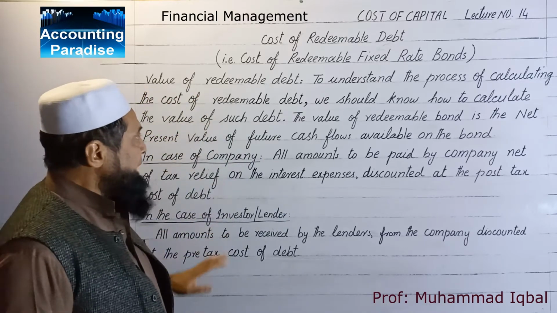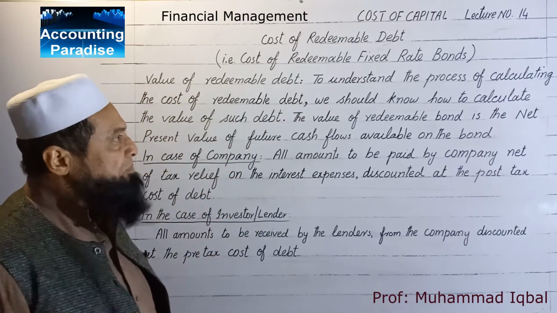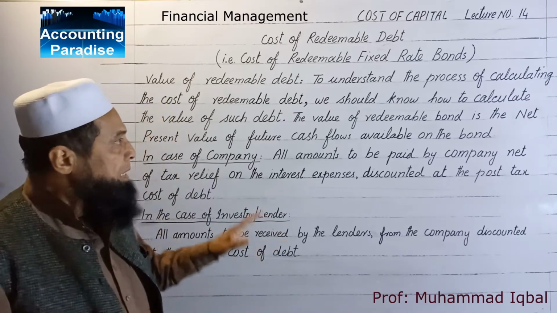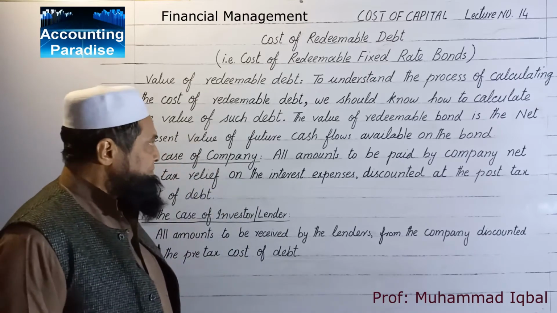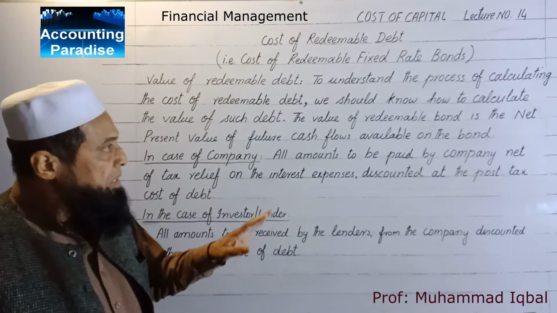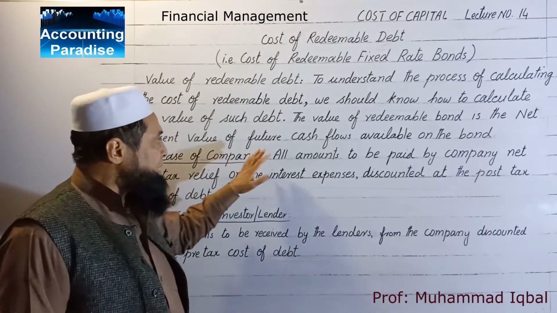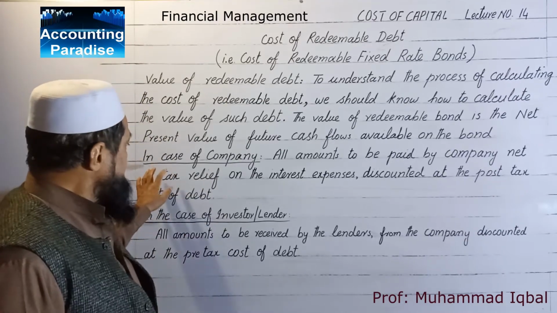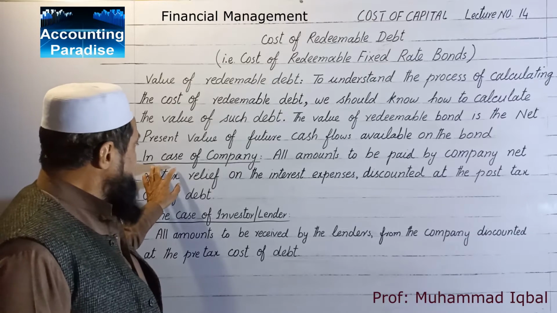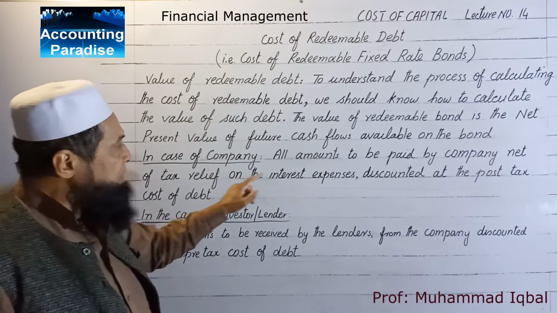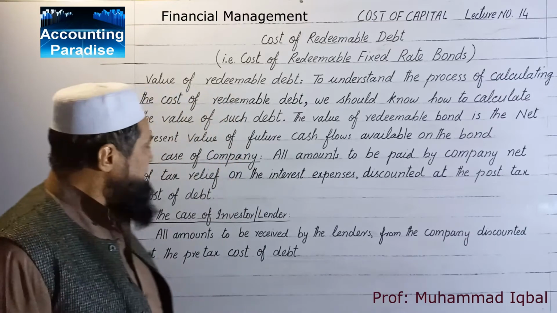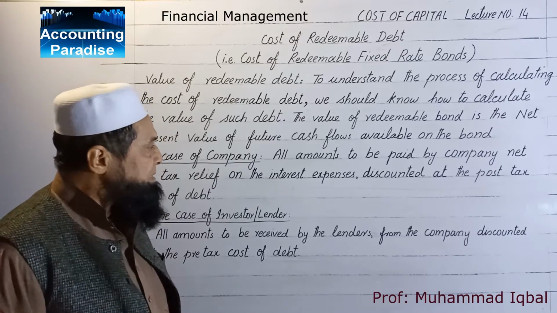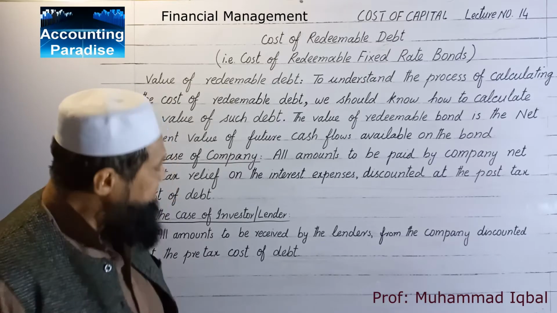Value of redeemable debt. To understand the process of calculating the cost of redeemable debt, we should know how to calculate the value of such debt. The value of a redeemable bond is the net present value of future cash flows available on the bond. Now how to calculate the value in the case of a company? All amounts to be paid by the company, net of tax relief on the interest expenses, are discounted at the post-tax cost